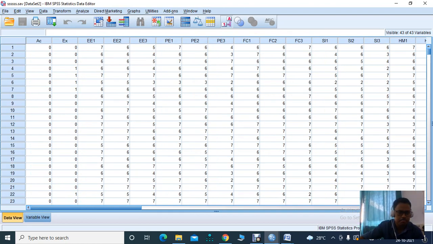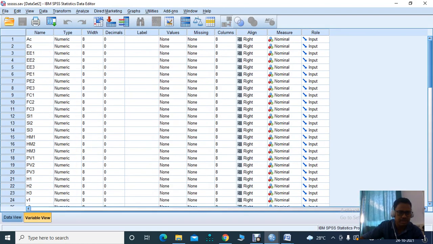There are many variables in my data. For example, I have used the UTAUT theory, that is, unified theory of acceptance and use of technology, where 7 variables are included: effort expectancy, performance expectancy, facilitating conditions, subjective or social influence, hedonic motivation, price value, and habit.